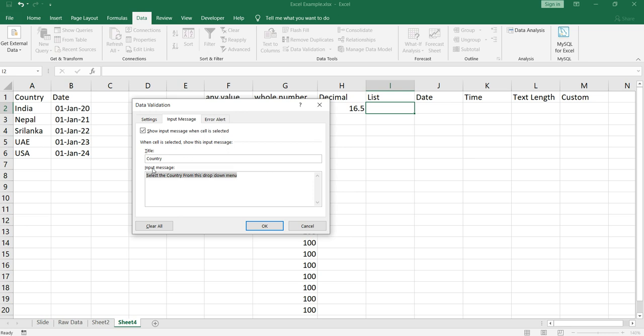Then I'll go to error alert and select information. Title would be country info. My error message, sorry, this states error message, but this is the information message: you have to select the country from this drop down menu. I'll click OK.